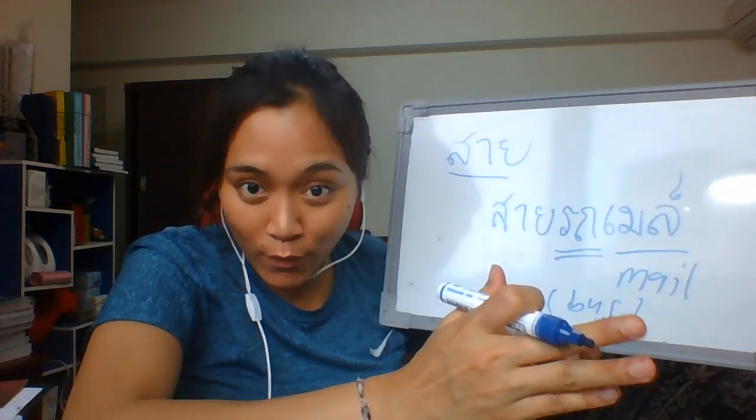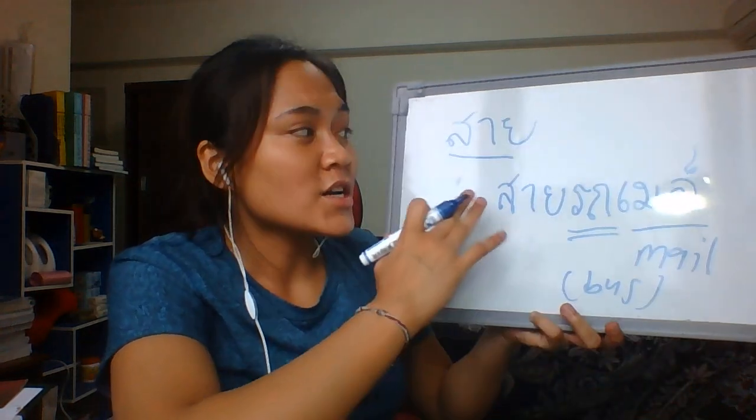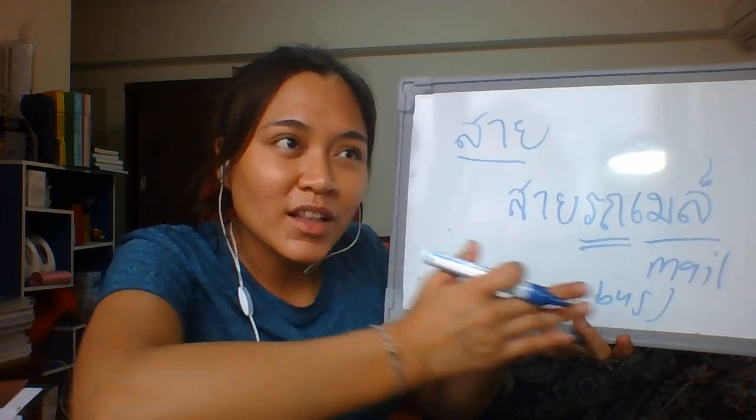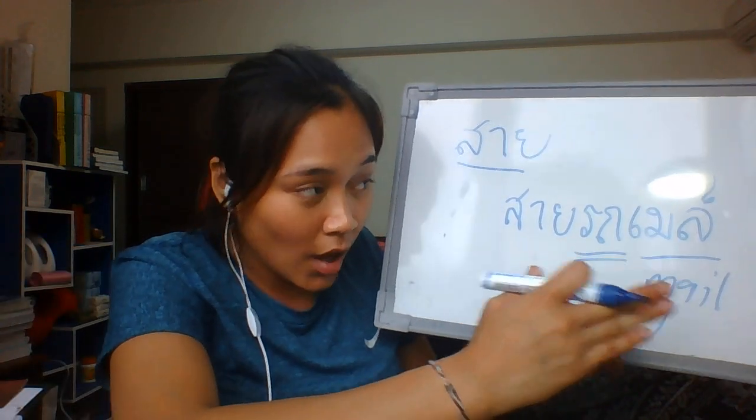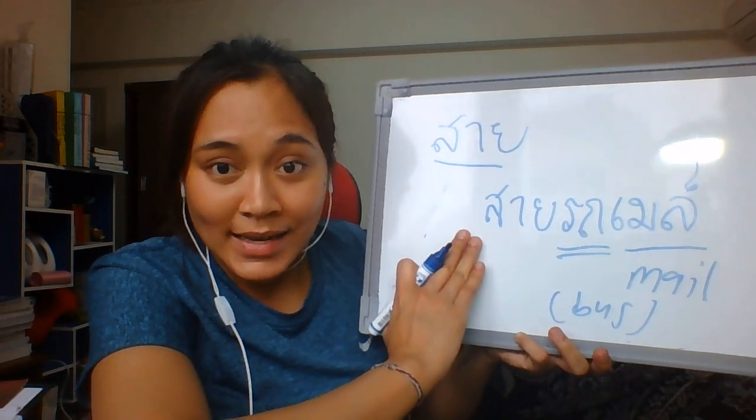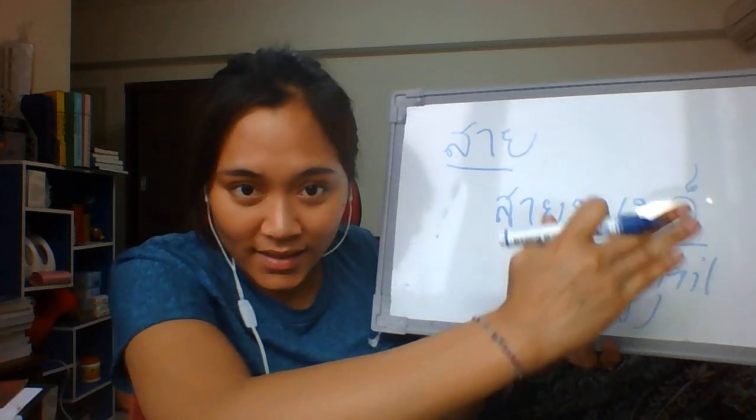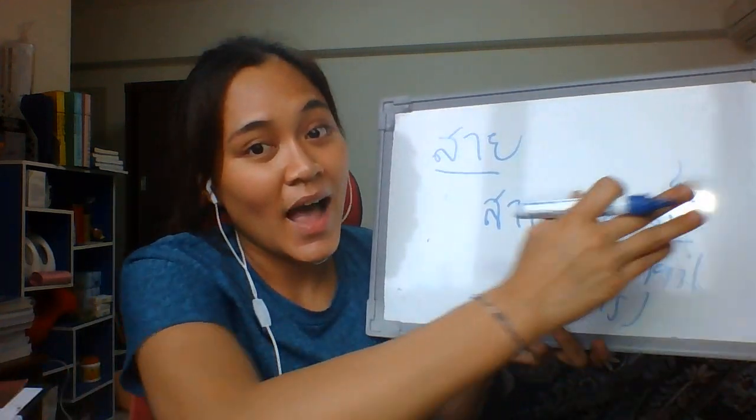If you're a bus driver, you cannot just drive wherever you want to. You have the line, the route that you have to follow. So สาย here means the line or route you have to follow, but it's not really there. You can't really see a straight line. So we say สายรถเมล์, the line that the bus has to go.